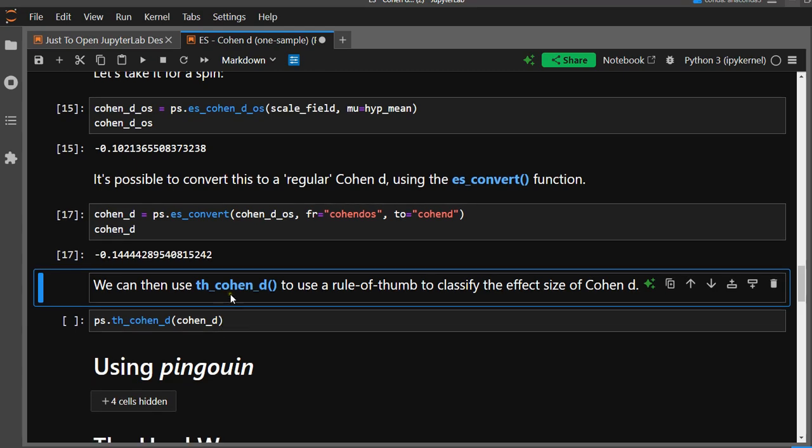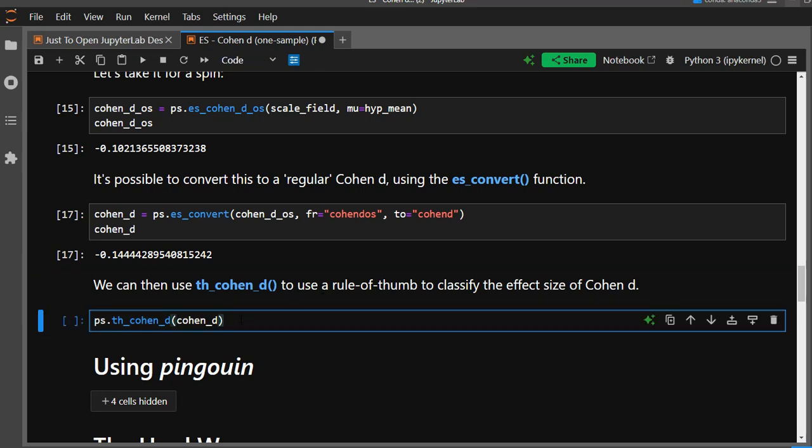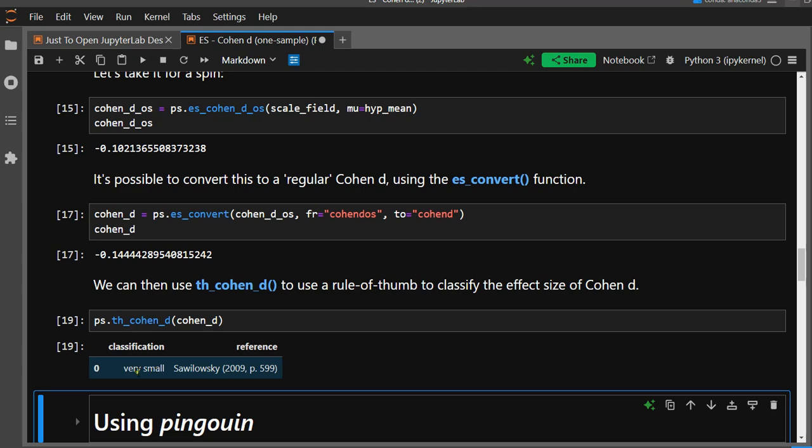And then you could use some rules of thumb. Be careful, some people frown upon using those, but then use Cohen's D. And in this case, it would be considered very small if you use the rules of thumb from